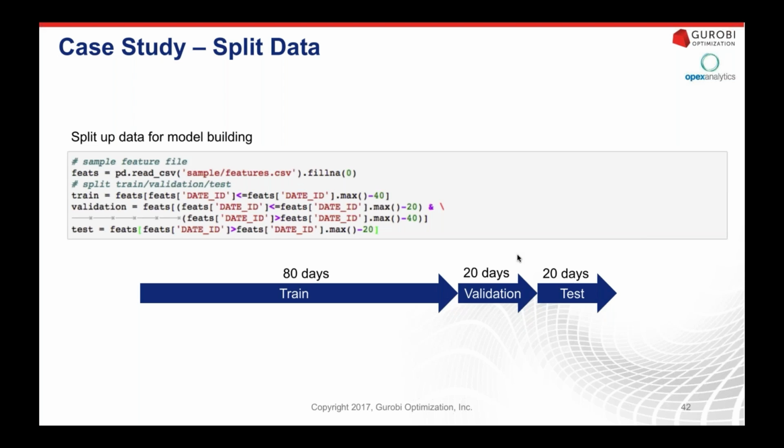What we want to do is test a bunch of different parameter options with that model. So first, we will train the model on, say, 80 days worth of data, and then we will see how it performs based on some error metric on a validation set. Then we'll go back and retrain that model with a different set of parameters and see how that performs on the validation set. After we've done a grid search over all the parameters and all the different modeling algorithms that we're looking to test, we'll find the one that had the minimum error rate on the validation set, and then we'll retrain our model, including both the training and the validation set.